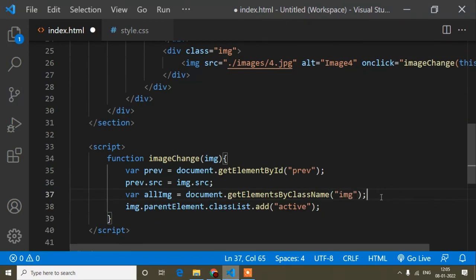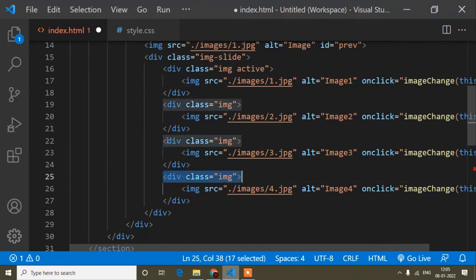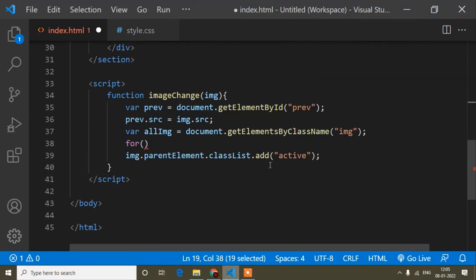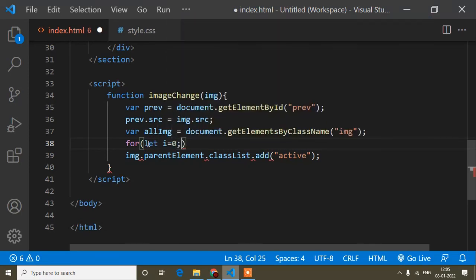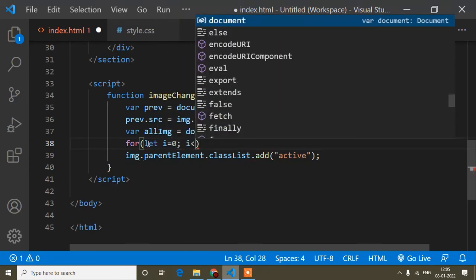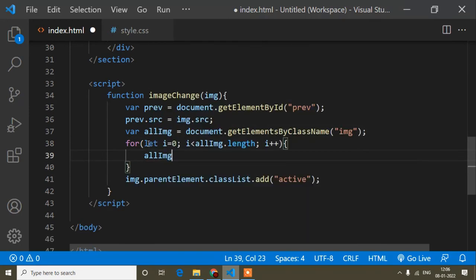And now here I will write the for loop, because here you can see multiple classes, so that's why the for loop. So let i equals 0, i less than all image dot length, and i plus plus. And now all image i dot class list dot remove, and this active.